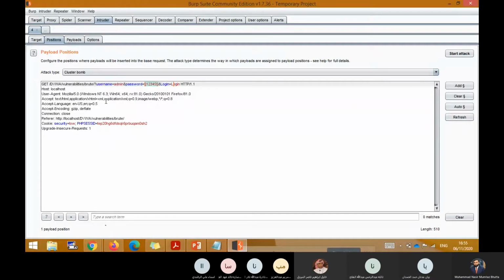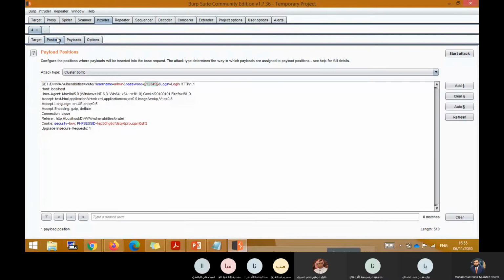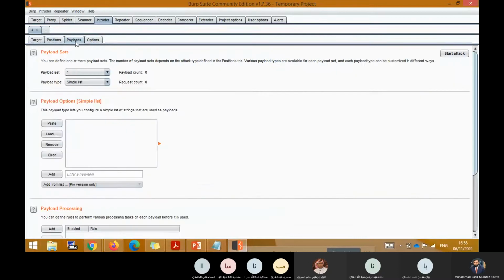Okay. So now this is how you can create the variable. Now this is the variable and we need to give possible values. Here we can give the possible values. Here you can see payload set, because there is just one variable selected here. Here we have selected one variable. So that's why it's asking for one payload set. So there are different types which we can use. I will tell you in a minute how we can do this.